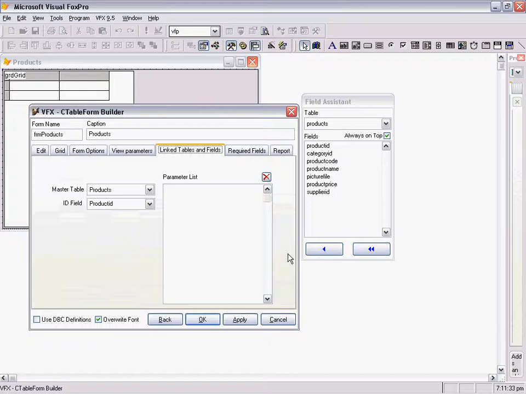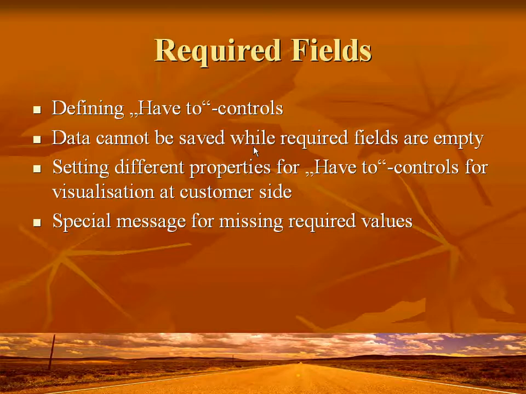When the user adds a new record for main table, a new record is automatically created in related tables, and when the user deletes the record in main table, the related record in linked tables are also deleted. VFX makes this automatically, and you do not need to make anything else except to set linked tables and fields here in the builder.